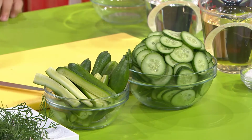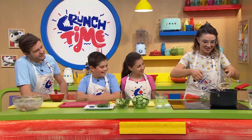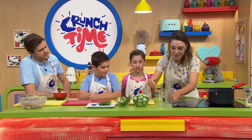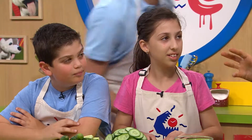So the first thing we need to do is get onto the pickling liquid. Let's get them both in there. That's equal parts vinegar and water. Into that goes sugar and salt, equal parts. And we're just going to bring that to just before the boil. Now we want it to cool before we start pickling, so here's some that's been cooling a little bit and